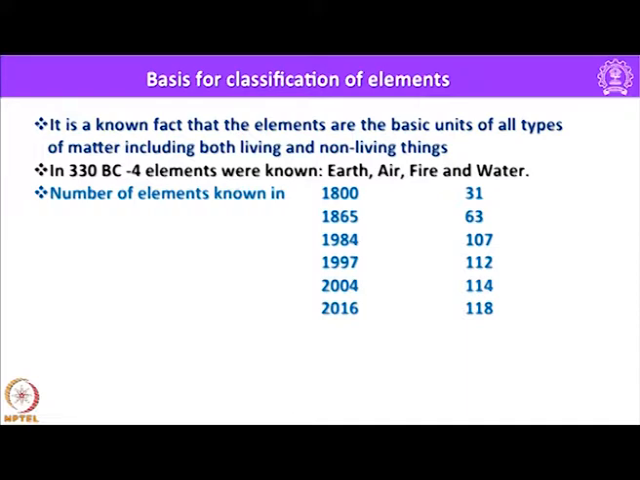However, in 1800, 31 elements were known, and that number rose to 63 in 1865, and in 1984, that is after almost 120 years, 107 elements were known, and in 1997 another 5 elements were added to make it 112. In 2004, 114 elements were known, and in 2016 all 118 elements were known and all of them have been